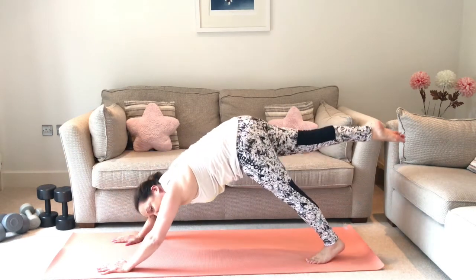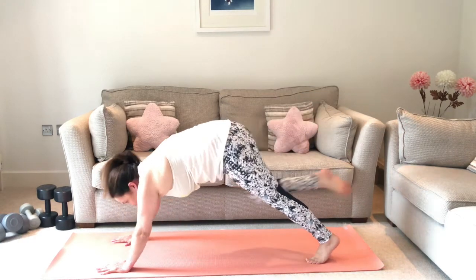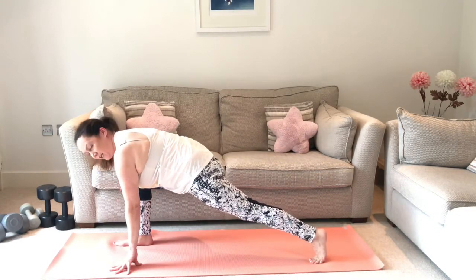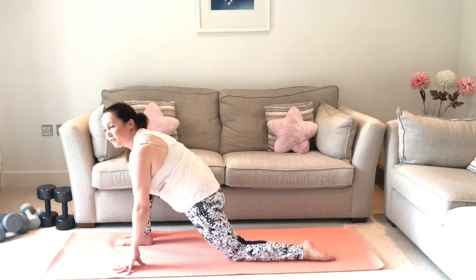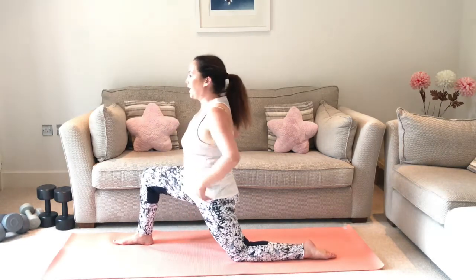try and get it above that elbow joint, so closer to your triceps, leg up in the air, and then we're going to bring it forwards into runner's lunge, knee behind your big toe, and then we're going to drop that knee to the floor, let the top of your foot relax on the floor, and then come up,